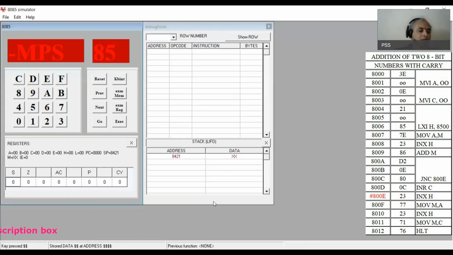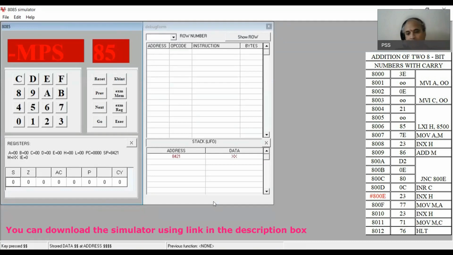In the left bottom corner, you have the keys starting from 0 to F. All of them represent the hexadecimal numbers. The bottom right corner has some functional keys, namely reset, exam memory, previous, next, go, execute. These are the functional keys which we normally use.